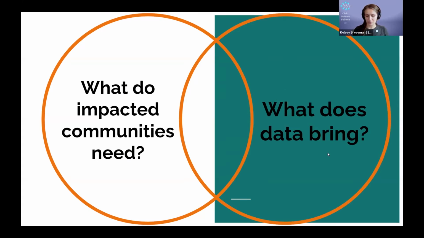This is the question that we're looking at: this intersection of what do impacted communities need from environmental governance, and what does data bring to that? The goal, of course, is to see what exists in that intersection and try to expand it where we can. Of course, it'll never fully cover what impacted communities need, because a lot of times there's this question around what is data, whose data counts, and also is data really appropriate when people are having this lived experience? Do we want to say the narrative counts as data, or do we want to just say, hey, maybe we should just believe people when they say they're hurting?